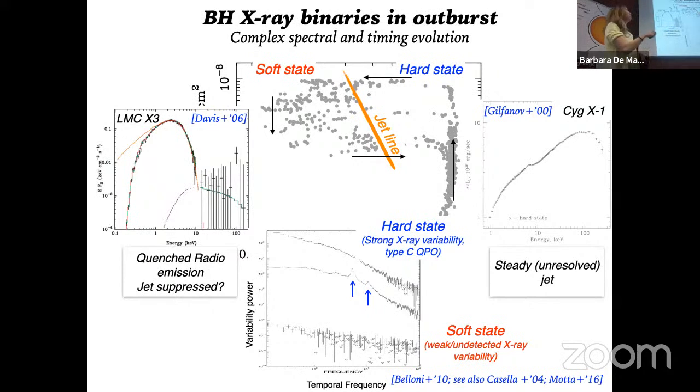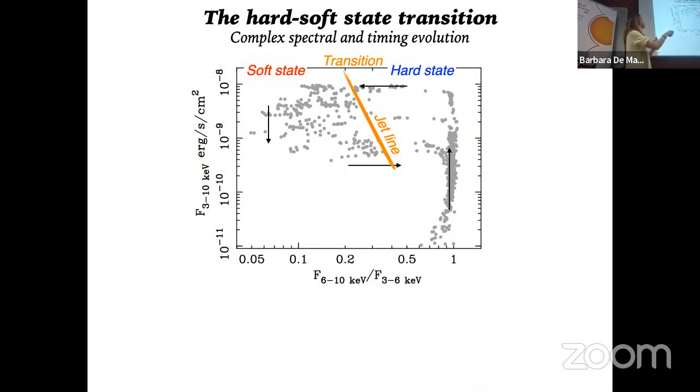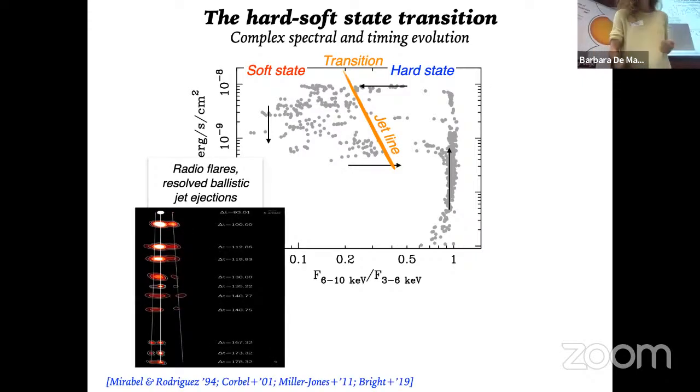When the source gets into the soft state, the variability drops. So there is very weak or undetected X-ray variability. An important phase of the outburst is this transition here, because in this phase we see dramatic changes in the spectral properties. We see this drop of variability, and we see the disappearance of the jet. This disappearance happens through a phase where the steady jet is not observed anymore, but radio flares are observed, and these radio flares are associated to